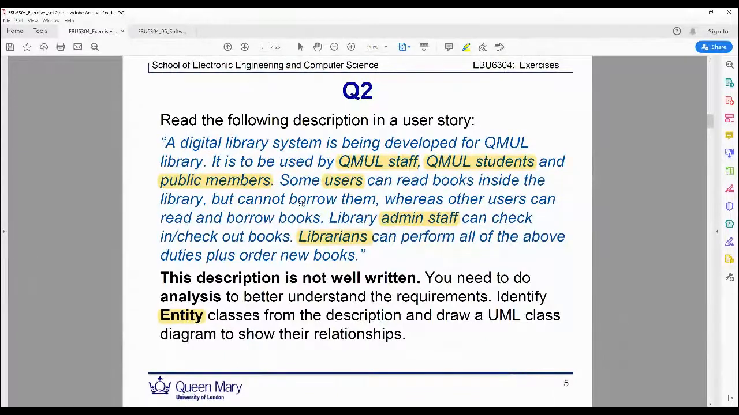So they belong to the same entity. And sometimes we're using the term public members. It doesn't seem to have any particular differences between the staff, student, and the public members. You can see we use different words or terms to describe the entity in the story because this is how a normal person would describe it. But from the business analyst point of view, we need to identify whether the staff, student, public member, and the user, and even the admin staff libraries, are they doing this in the same way or